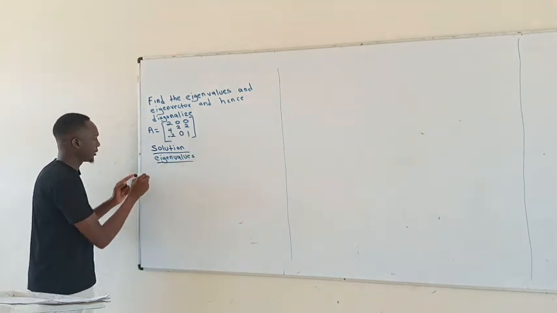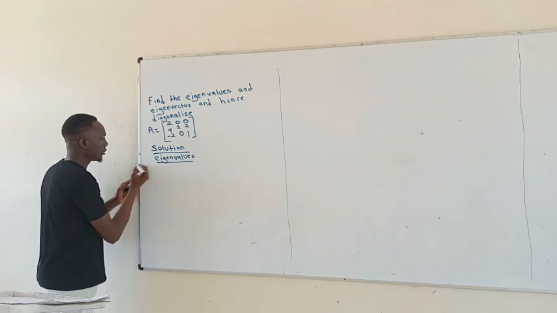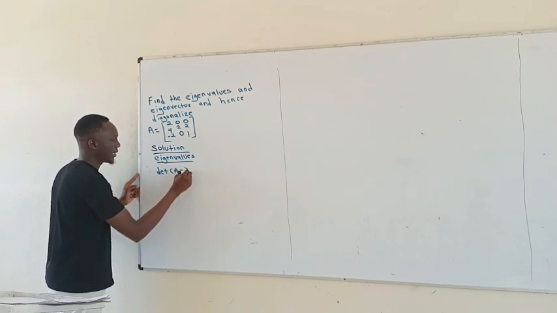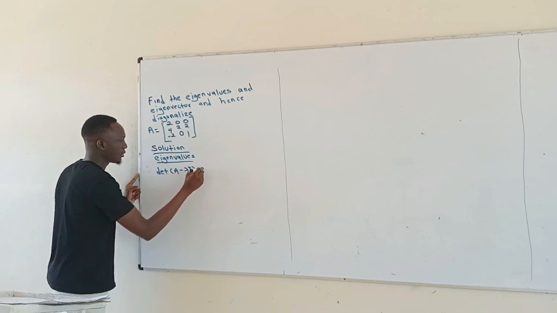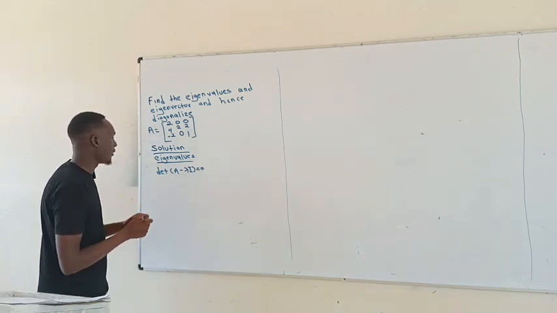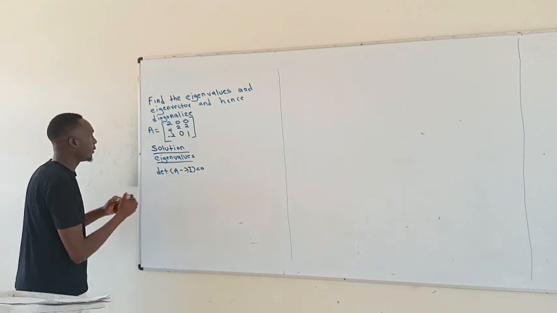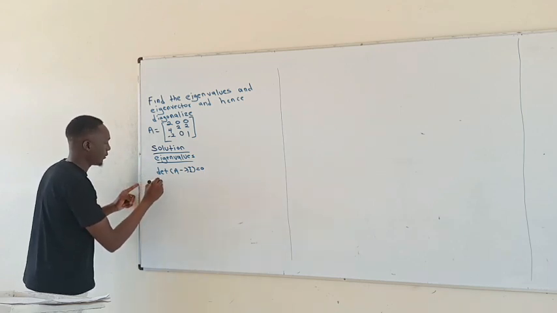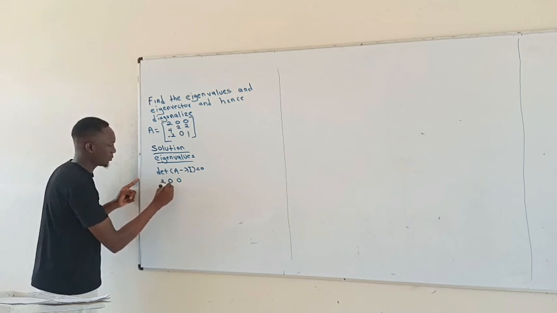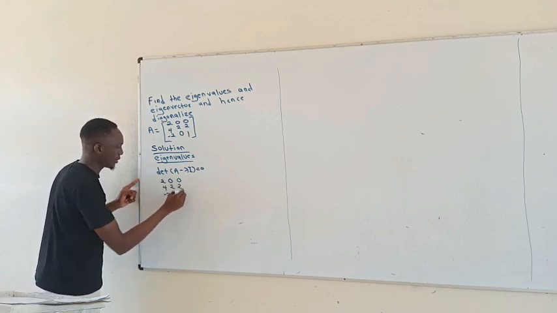And we know that the solution to the determinant of A minus lambda times the identity matrix is always equal to 0. The solution to this will give us the eigenvalues. Now, this is our A. Our A is 2, 0, 0, 4, 2, 2, negative 2, 0, 1,